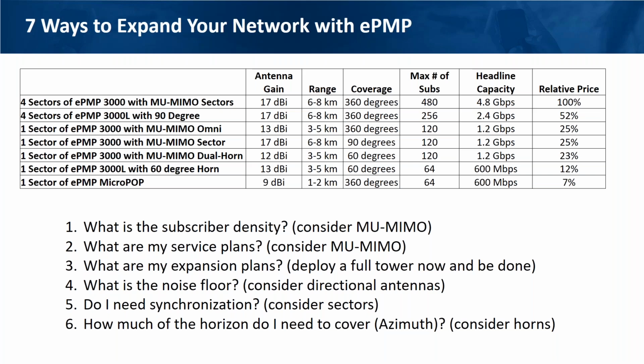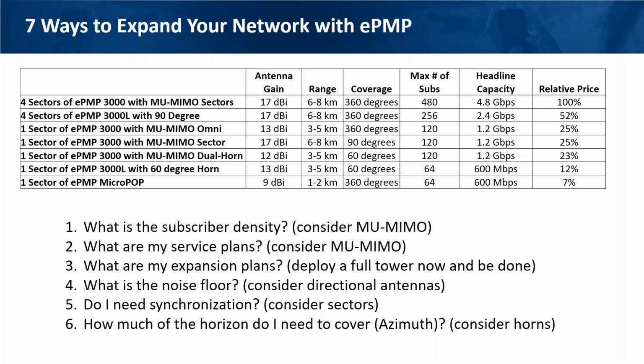With a full 4-sector ePMP 3000, I'm looking at almost 5 gigabits per second of capacity. Versus as I start to scale back and use the 3000L or the MicroPOP. And then, of course, the relative price of the solutions. I didn't put the actual prices here, but you can kind of see relatively the 4 sectors of ePMP 3000 with the MU-MIMO sector antennas. If we say that's sort of parity on the price of expanding the network, what does that mean for some of these other options? So I can use 4 sectors of 3000L and it'd be about half of the product